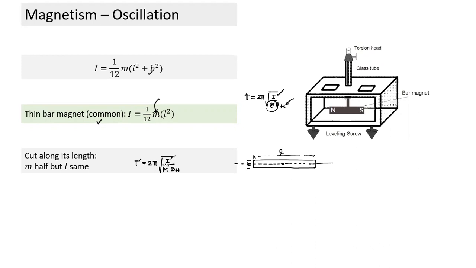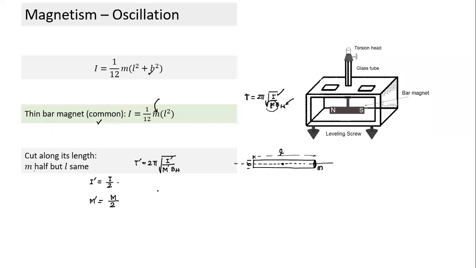So in this case, what will be the value of I dash here? See, I depends on, this is the formula for I. So let's understand: we cut into half, M will change, L will not change. If you cut it along this, M will become half, L will remain same. So I dash will become half of the previous one. What will happen to M dash? We have seen earlier, it was M here, it will become M by 2. M dash also, compared to the initial magnetic dipole moment, will become half.